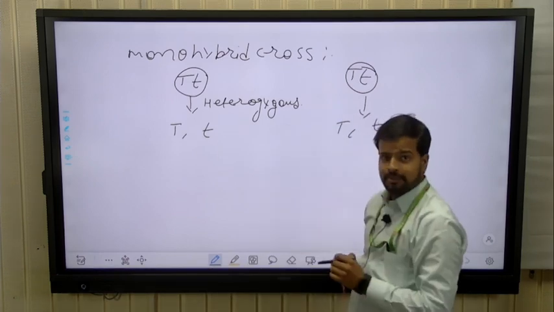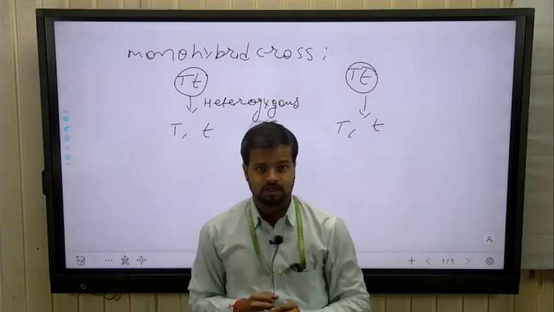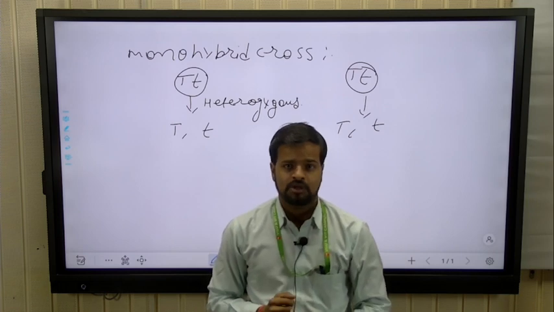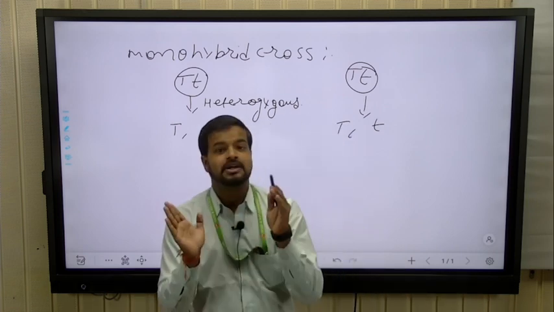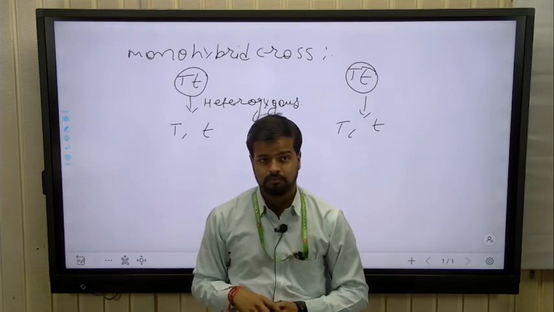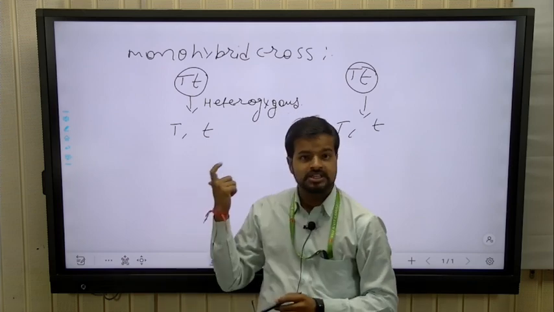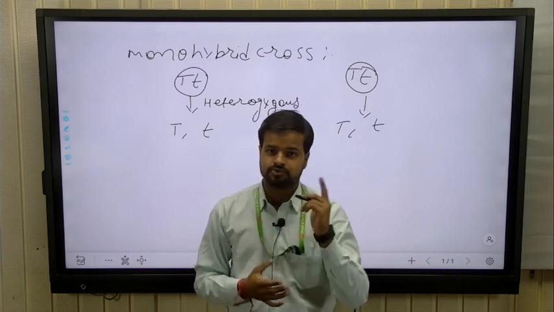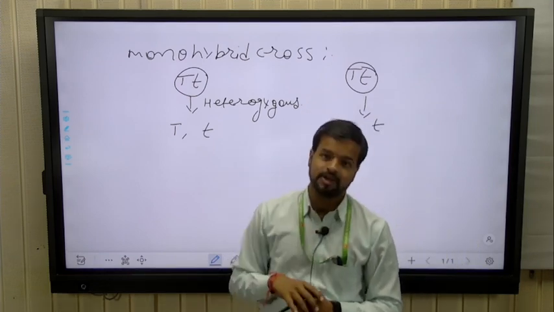After the formation of gametes, we do cross pollination. Generally cross pollination becomes confusing. So to resolve the confusion about this cross, Punnett, another scientist, drew the Punnett chart. Students, we explain this cross in both ways. The first one is simple, that is Mendel's way, and the other is what? Punnett chart way. Okay?